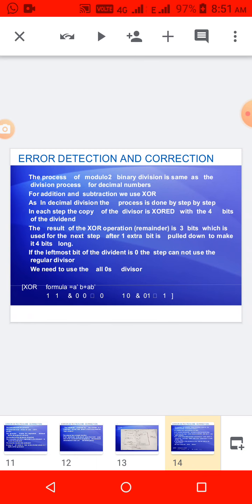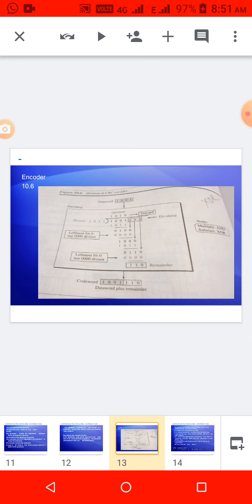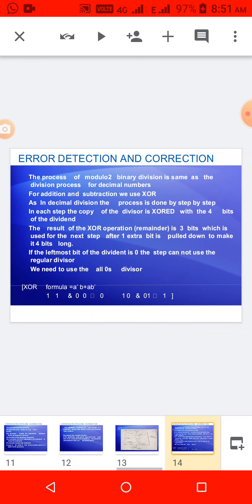So in every step, every subtraction, we are doing the XOR operation. With that result, what will we do in division? First we subtract, then one additional bit at the end we add, which is brought down from the dividend, step by step. See here, 3 zeros we are adding. In the first step the first 0, in the second step the second 0, in the third step the third 0. That is what is explained here. Every step we are adding one zero from the dividend. So finally you will get the remainder.